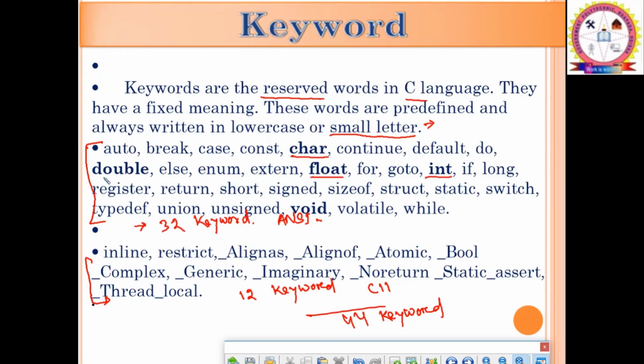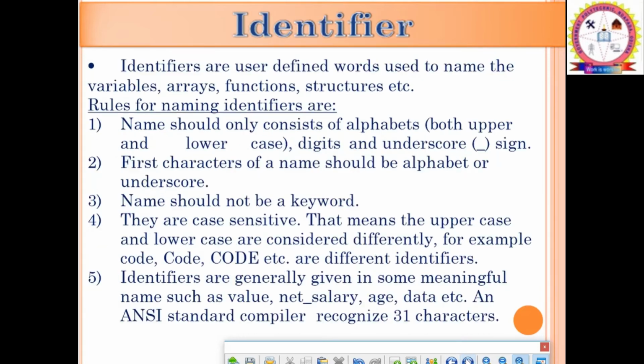So these are some keywords like int, char, float, double, void. These are the 5 keywords I have mentioned. These are also known as data types, the basic data types we will discuss later. So keywords are one type of token and we have to know them. When we are learning the C language, keywords are also very important, so we have to at least know about them. Next one is the identifier.